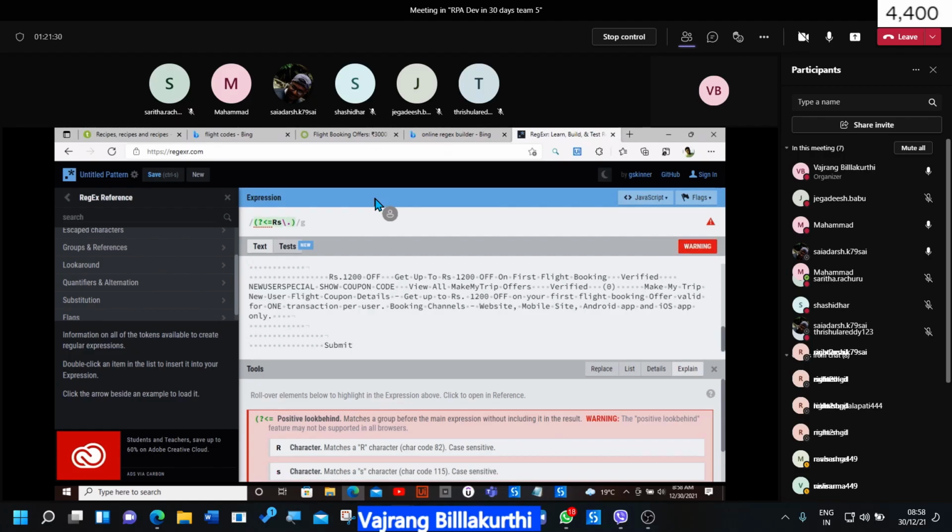RS. I'm just trying to add an escape character, but this is not working. This is an escape character, right? Okay. Go ahead and add the remaining items. We'll add RS dot also here. Leave dot. I think dot is an escape character.